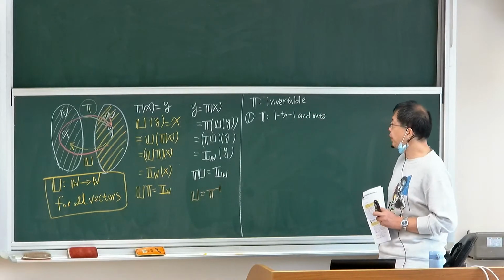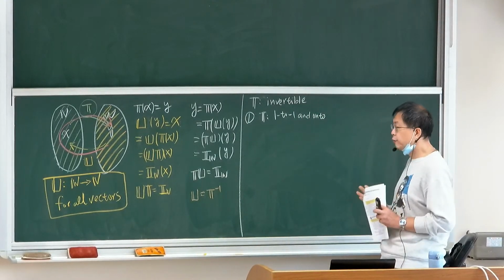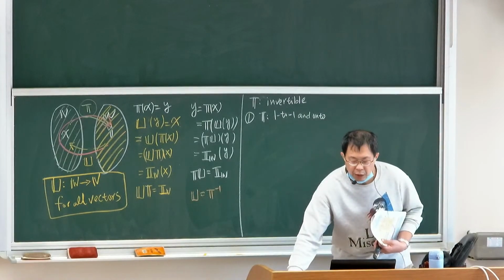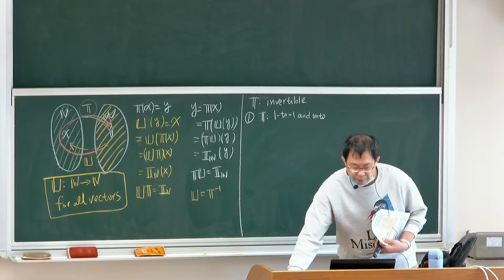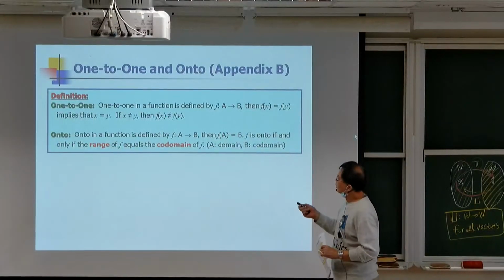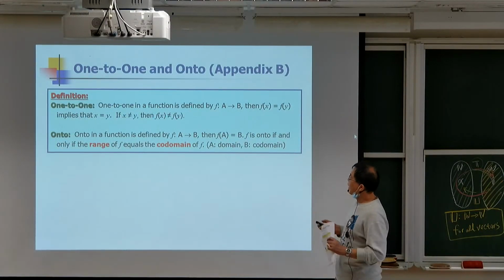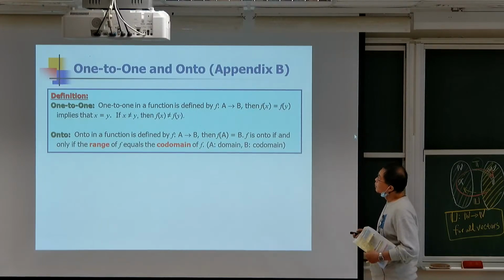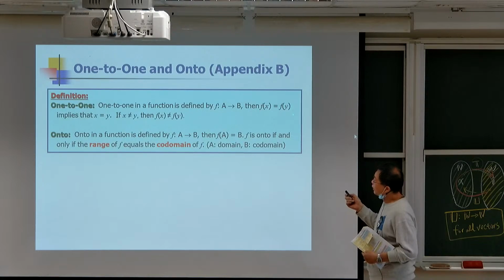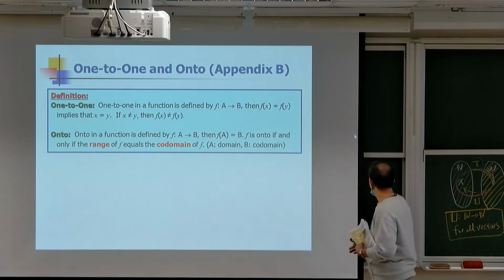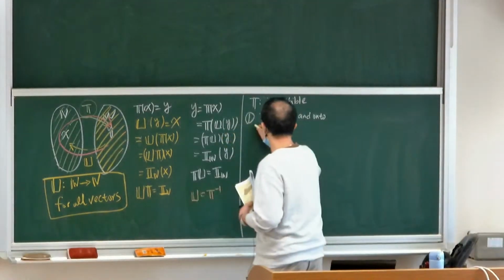The transformation should be, if it's invertible, then the transformation should be 1 to 1 and on to. So here we define what is 1 to 1 and on to. For 1 to 1, a function is defined as a function from domain A to codomain B, and then f(x) equals f(y) implies x equals y. If x is not equal to y, then f(x) is not equal to f(y). So which means that for 1 to 1,